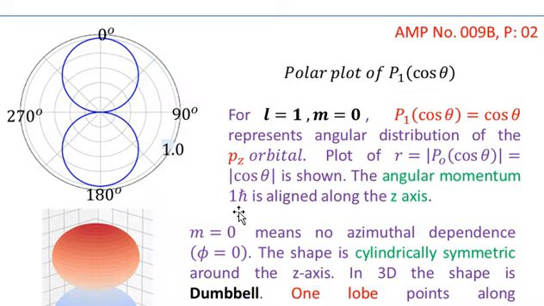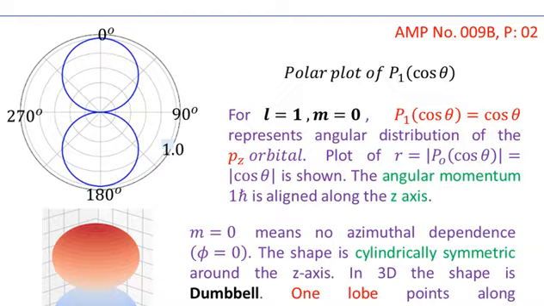So L h bar, which means that 1 h bar is actually the value of the orbital angular momentum, and this is aligned along the z direction. In the next few figures, we shall not be talking about the orbital angular momentum, but we shall just be talking about the quantum numbers, orbital quantum numbers, and the magnetic quantum numbers, and the related polar representation, and also the three-dimensional